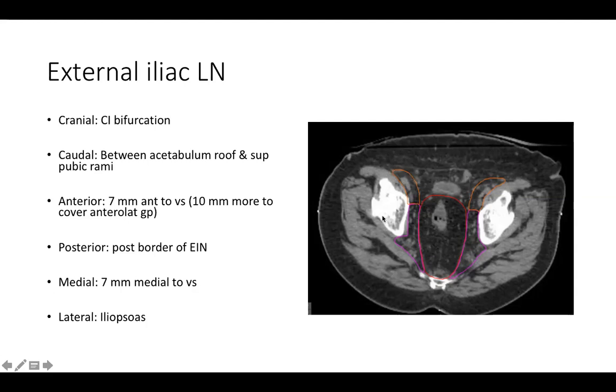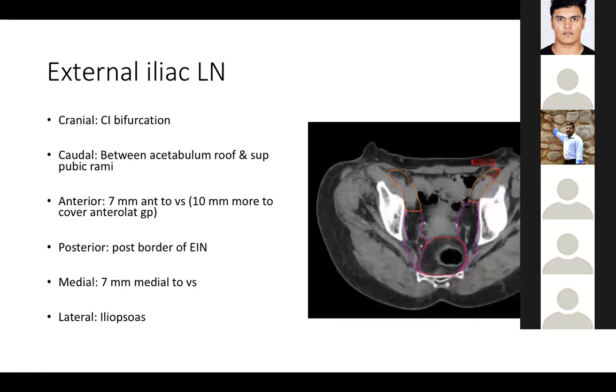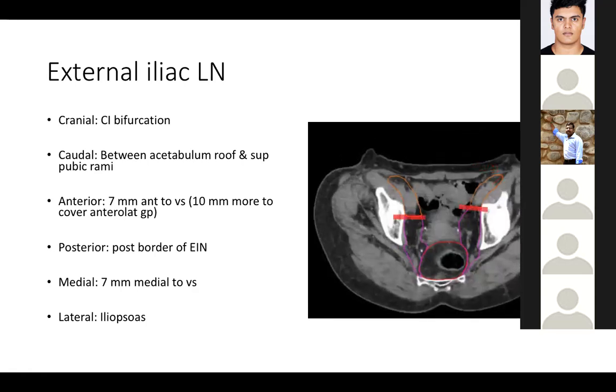Now we go all the way down. The conventional boundary is the top of the acetabulum. Beyond that, we consider the external iliac to continue forwards as the femoral artery, which then converts into the inguinal group of lymph nodes. So it will continue down till we reach the inguinal.